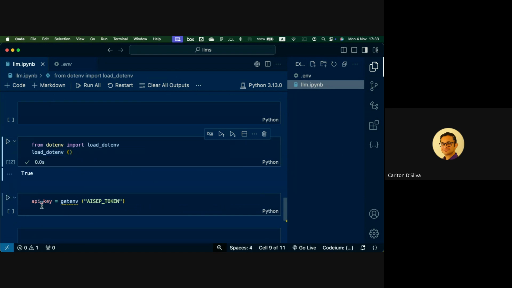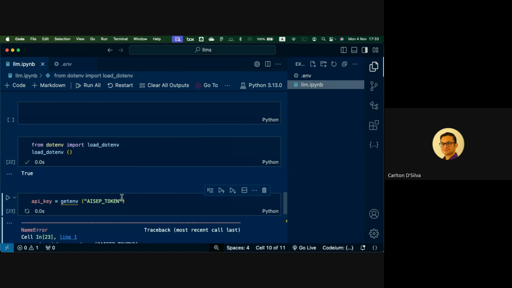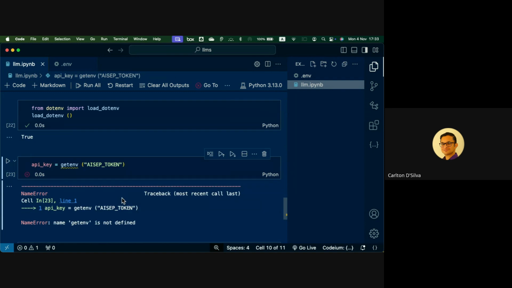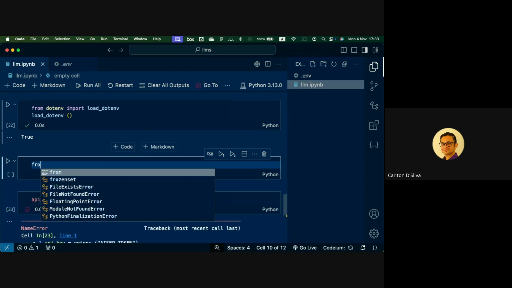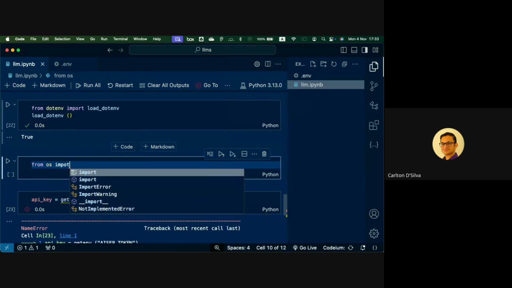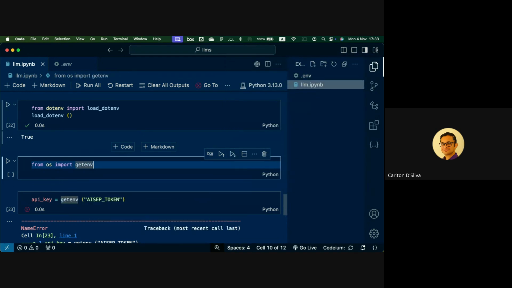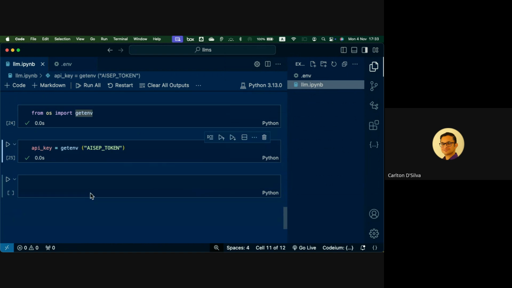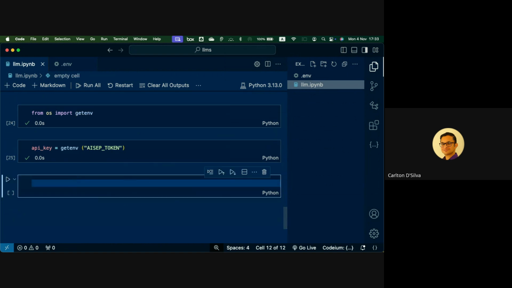So I run this, and there's one more thing we needed to do. From OS import get environment. That's the get environment function. So it loaded that token on there, so we have that ready.